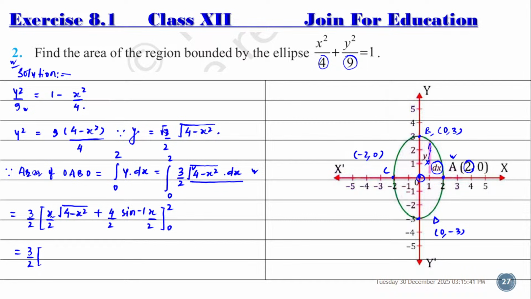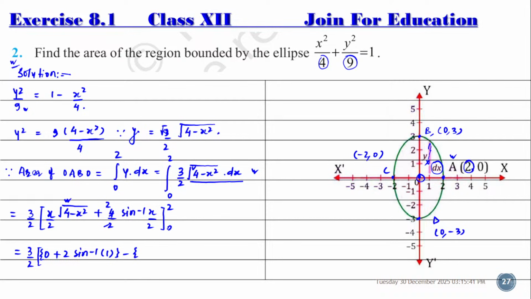When x equal to 2, then this one will be 2 by 2 equal to 1, but this part will be 4 minus 4 equal to 0, so this part will be 0, we write down here direct 0. 4 by 2 equal to, here will be cancelled out, then we write down here 2, so 2, and we write down here sine inverse 2 by 2 equal to 1. After that we write down here minus,